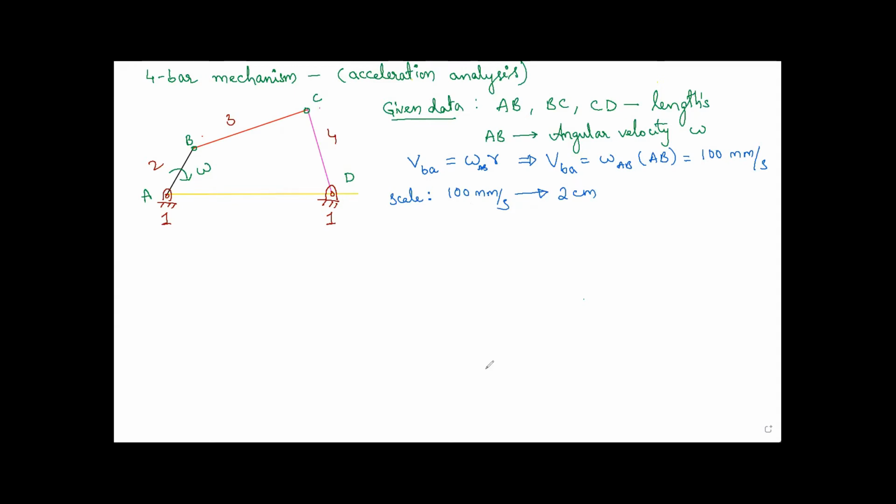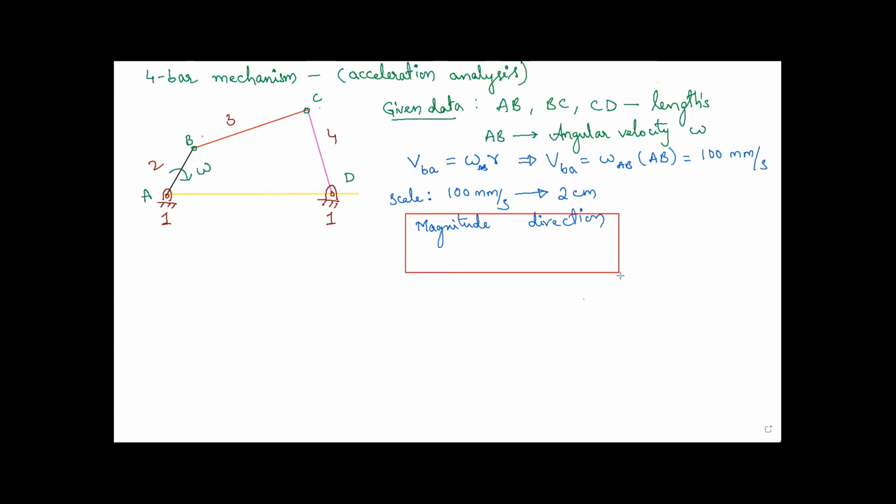So first, what type of line do I need to draw over here? Perpendicular. The direction is perpendicular, and the magnitude is 2 centimeters. So I have to write the magnitude of velocity, and then you have the direction. See, velocity is a vector, so you need magnitude as well as direction. For that purpose, let's do something over here.